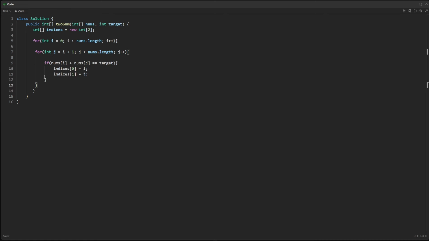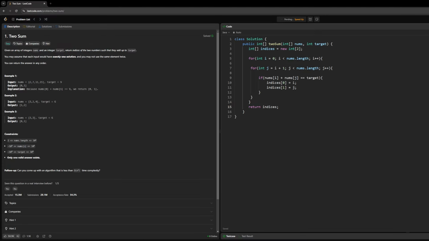There appears to be one too many. No, it's fine. This is just a bit messed up, but that's fine. And we can then return our indices. And if we go to our result,